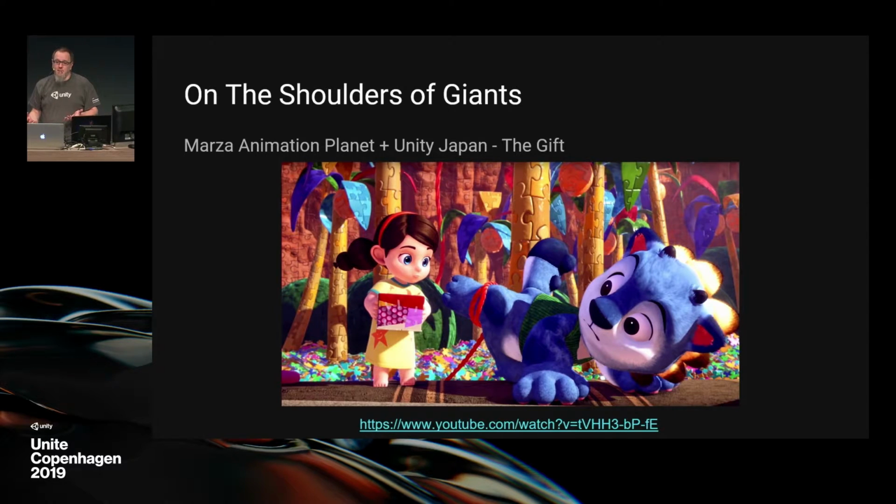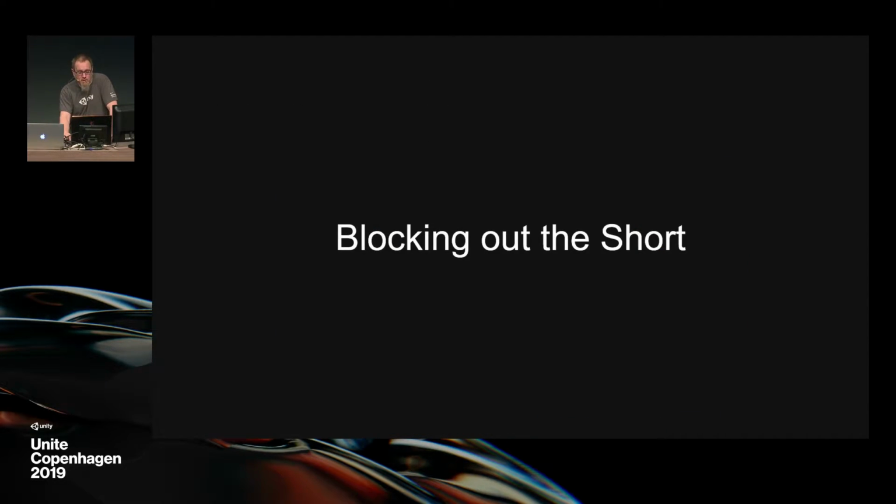It's not the first time people have tried to do fur in Unity. The earliest one that I'm aware of is the Mars Animation Planet project with Unity Japan. It's a very similar implementation. We actually started on a similar project that had continued internally a few times. There'd been work at a couple hack weeks, building on that. For blocking,